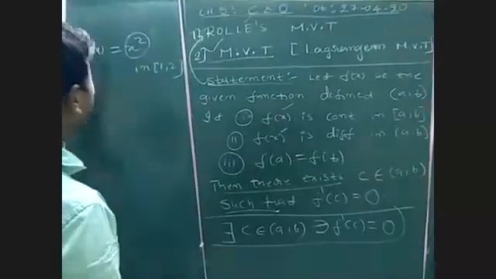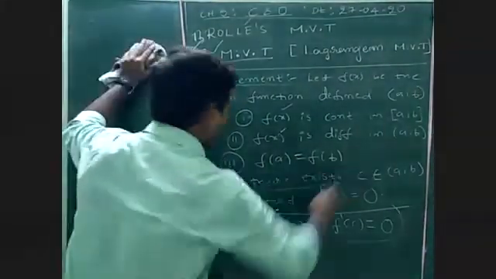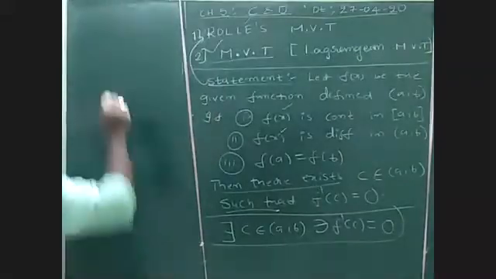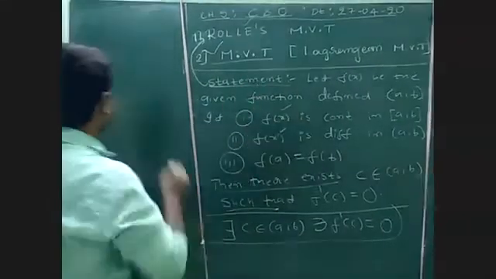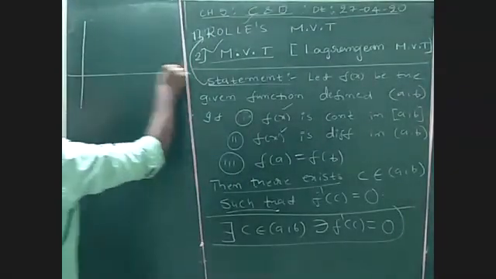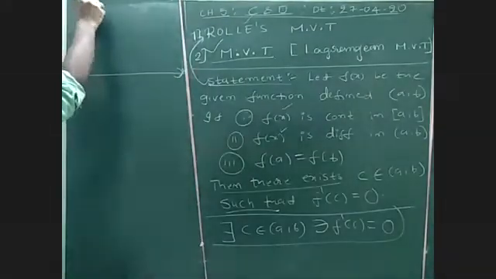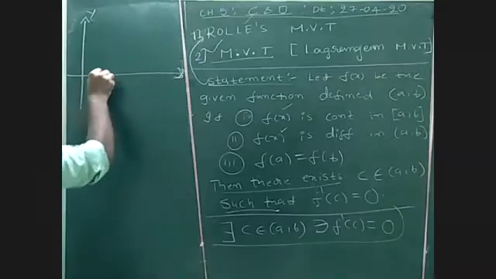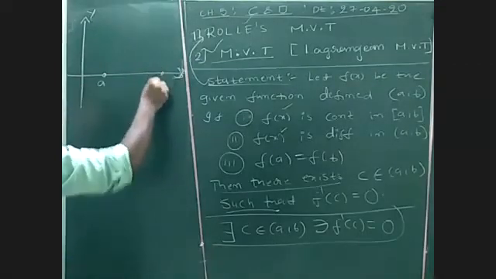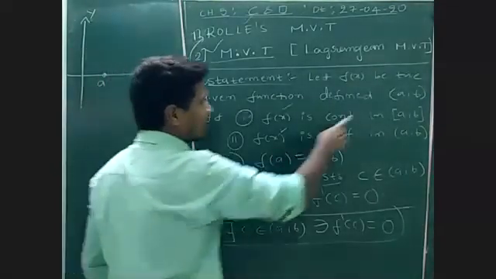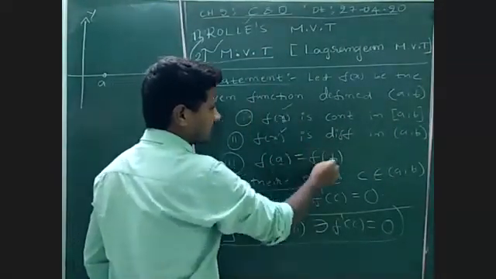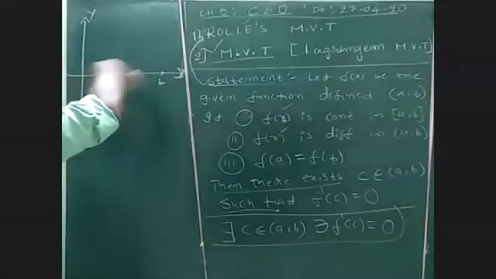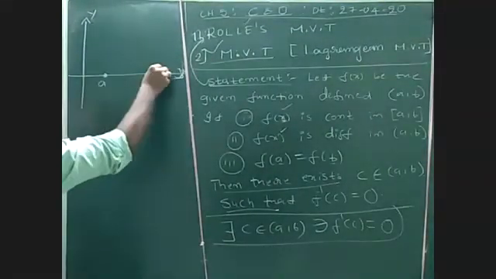Look at it. There exists a point c. How will the point be? I'm going to draw the graphical representation of Rolle's theorem. I'm going to take the interval here. This is the point a. This is the point b. Here a comma b are always x values. See, x value is a, x value is b, so we can take them on the x axis. I'm taking a comma 0.